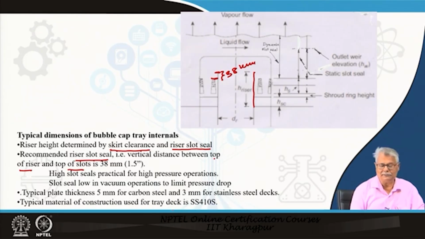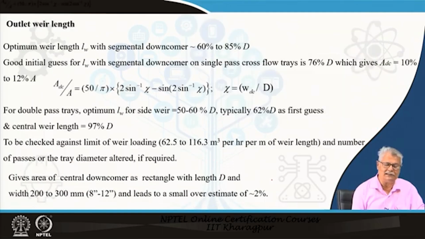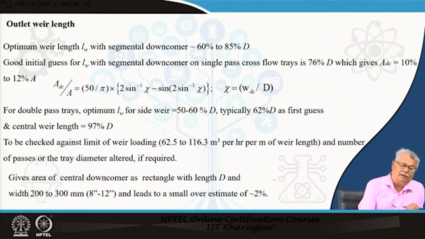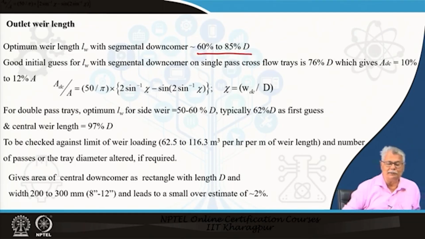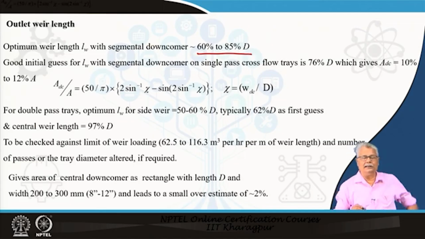The bubble caps may be made of 5 millimeter metal sheets if it is just carbon steel, or 3 millimeter alloy steel caps. The bubble cap material typically is SS 410. Now, we have to have an idea about the optimum weir length with the segmental downcomer. For the segmental downcomer, typically the length is around 60 to 85 percent of D. You will remember one thing, that in a downcomer,